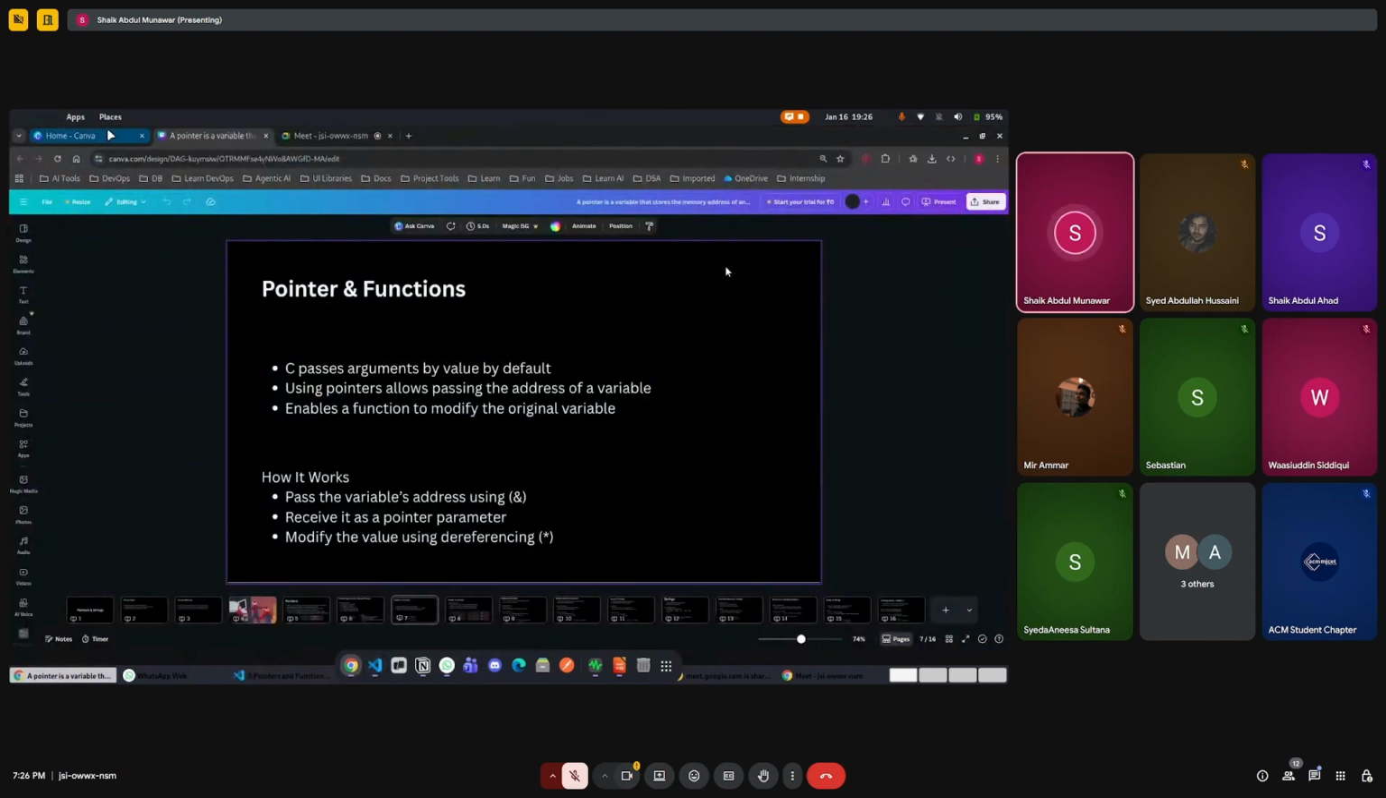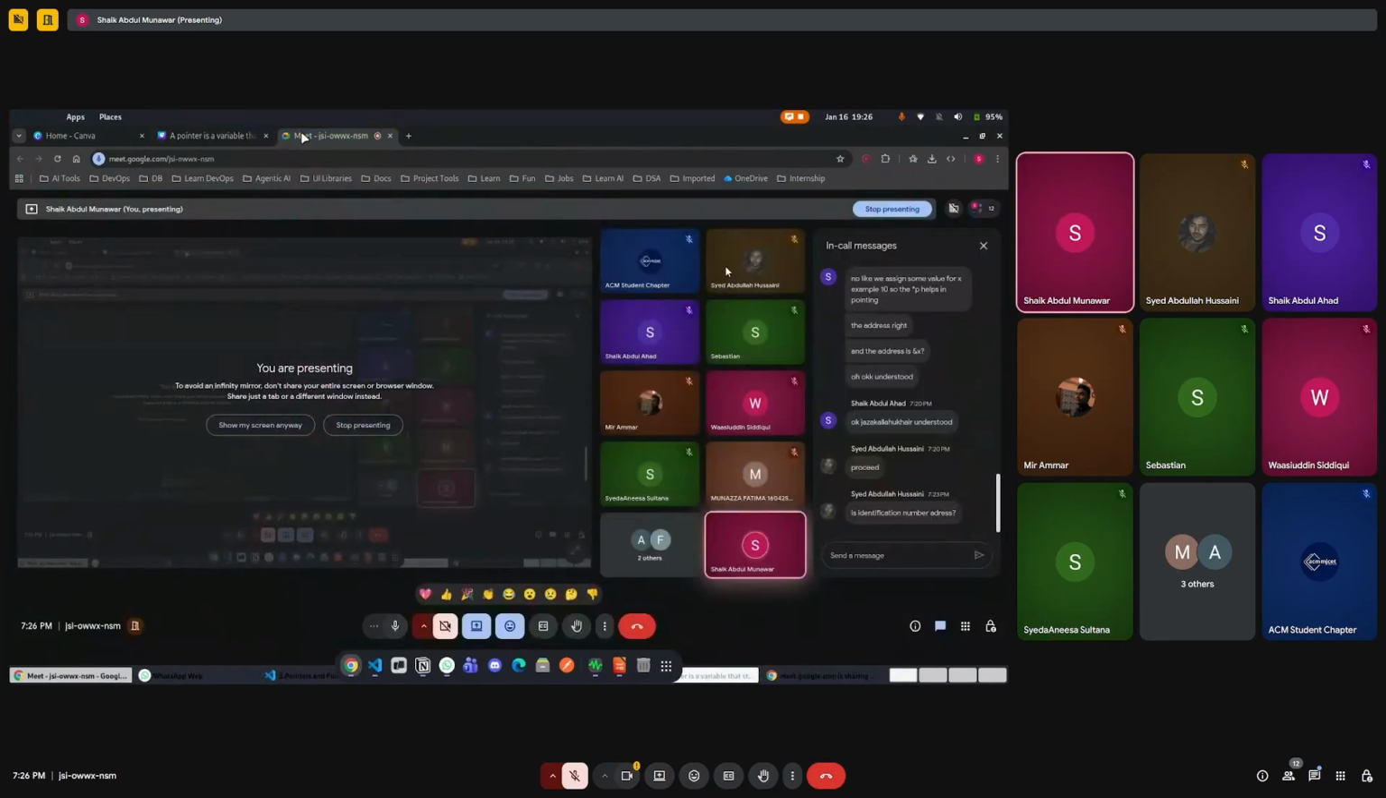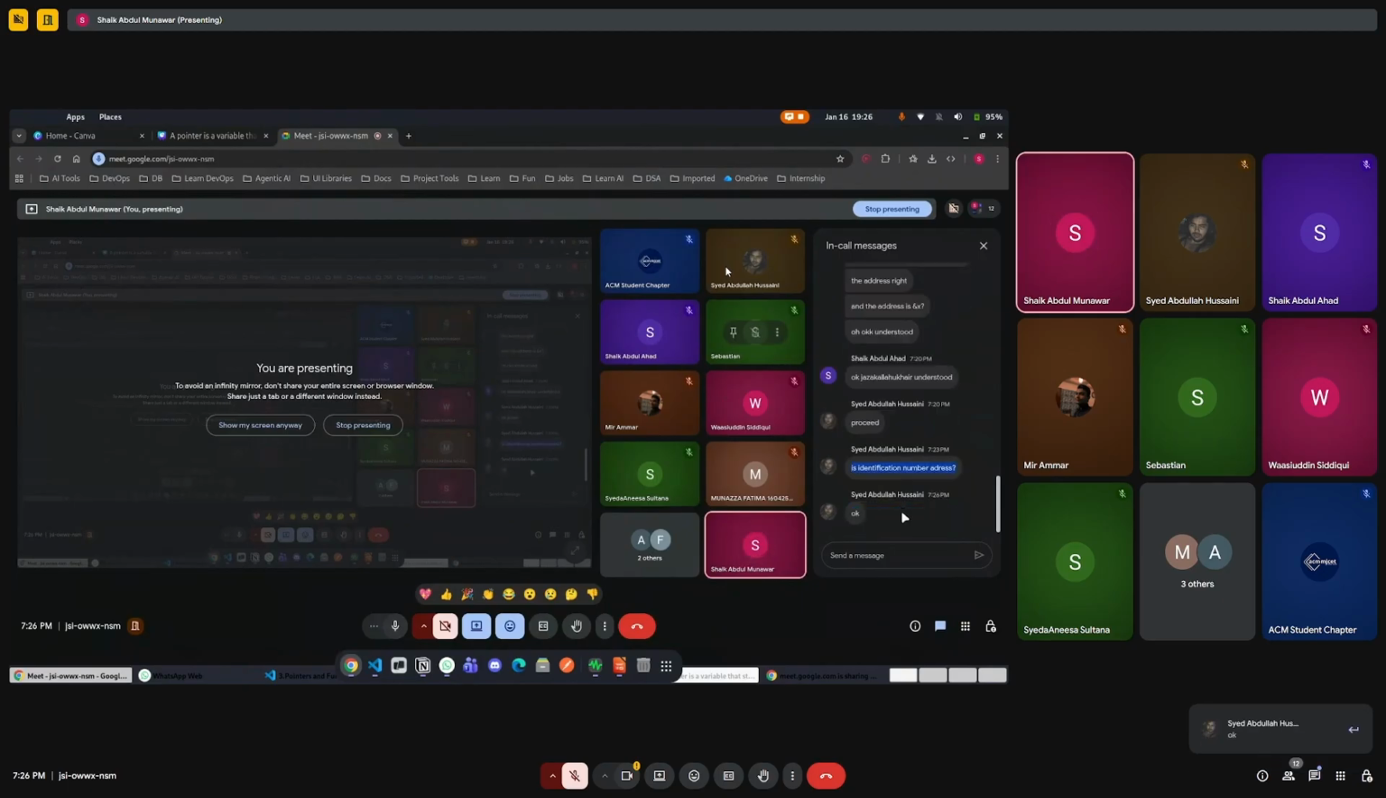This was pointers using with functions. कुछ भी doubt है? Is identification number address? Yes, basically yes, वही है, मैं खाली confuse ना हो इसलिए बोल रहा हूँ। Address, identification number वही house number, house identification number, address वही refer करते ना, 12-1- ऐसा।